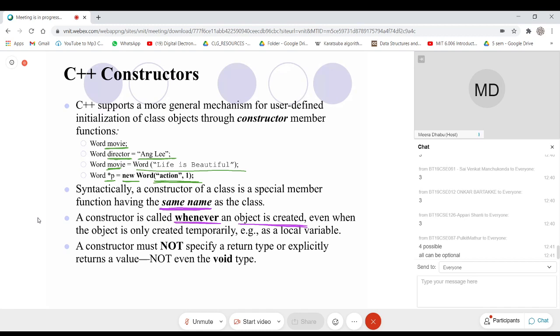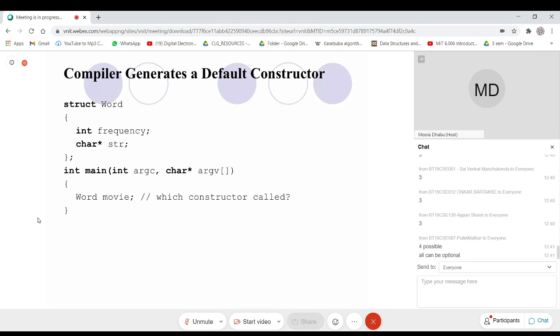As I mentioned earlier, it will not have any return type. Now, the question arises: up till now, we have one class definition we have written. If you remember, I gave the class definition of Time. While demonstrating, I haven't mentioned any constructor over there. But still, I was able to create an object in the main function. Then how is it possible?